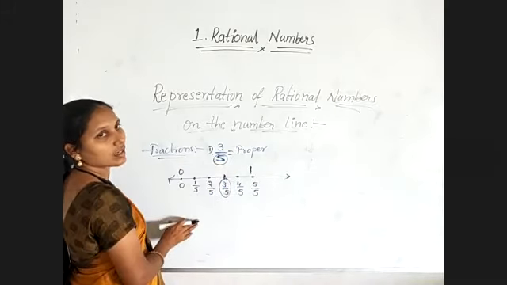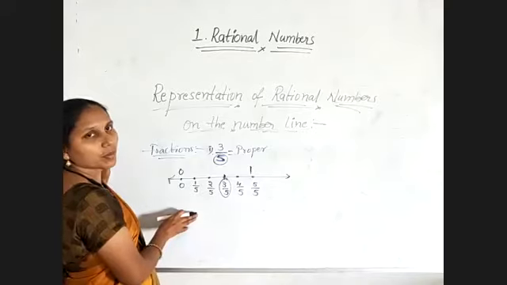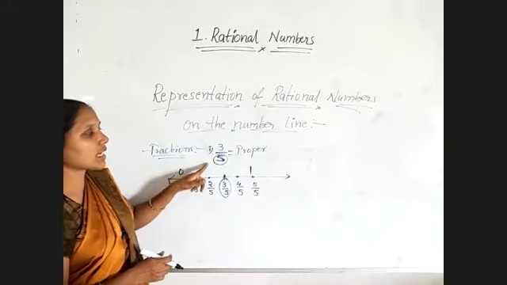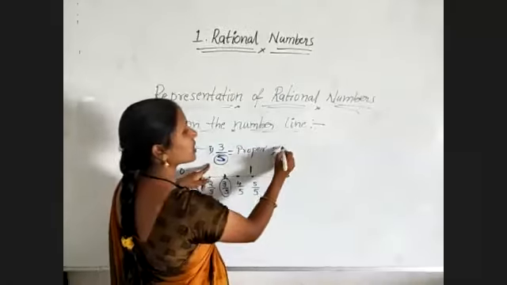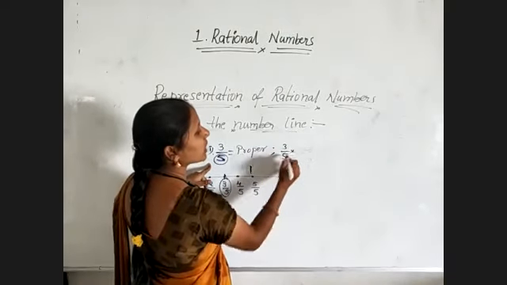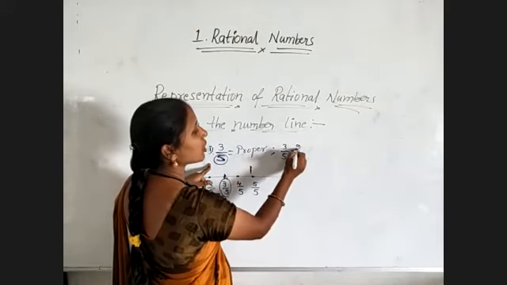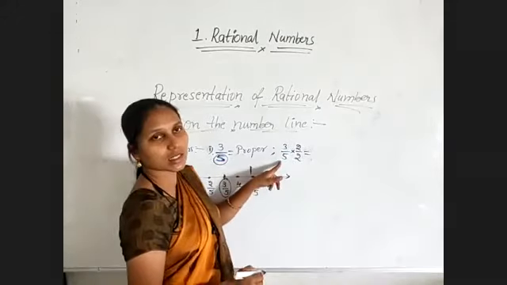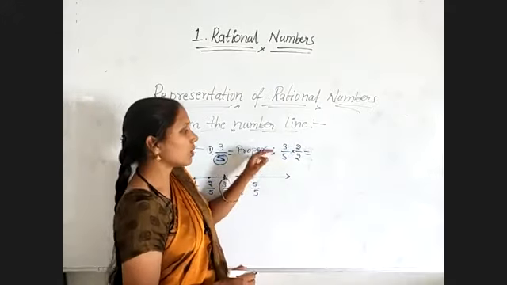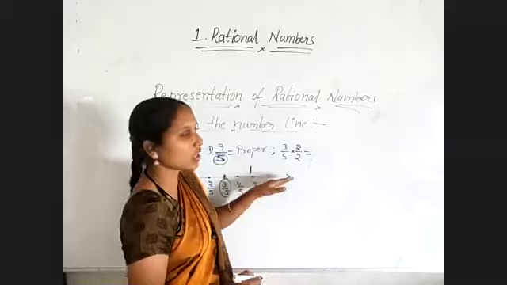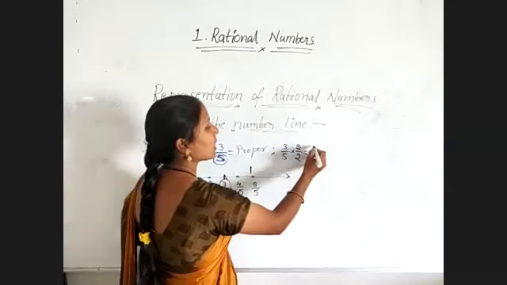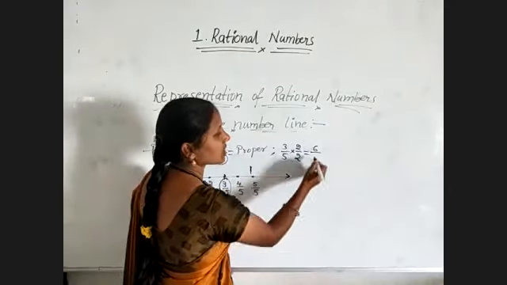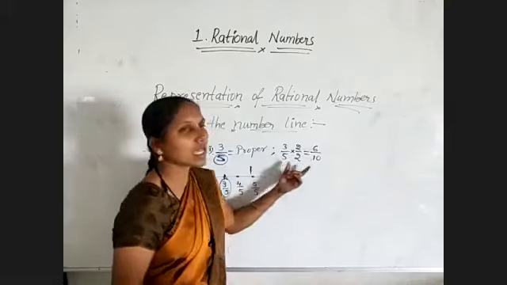So every proper fraction lies between 0 and 1 only. And if you are taking equivalent fractions, in the sense that you are multiplying the numerator and the denominator with the same number, there will be no change in the original number. So if you multiply the numerator and denominator with the same number, then that is said to be its equivalent fraction. Here we are discussing rational numbers, so it is an equivalent rational number.